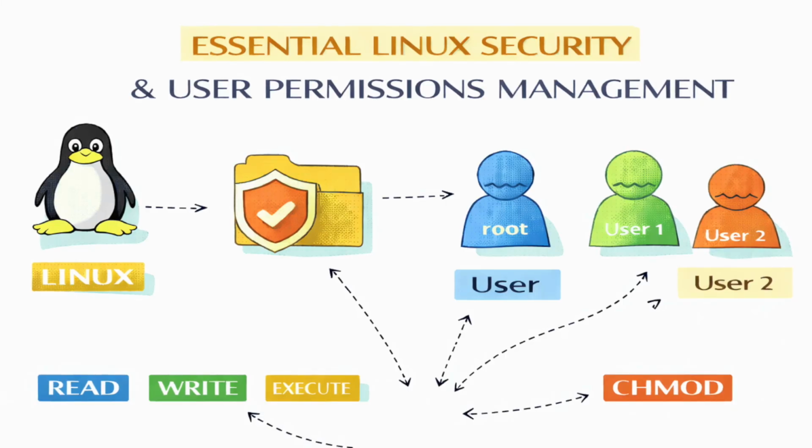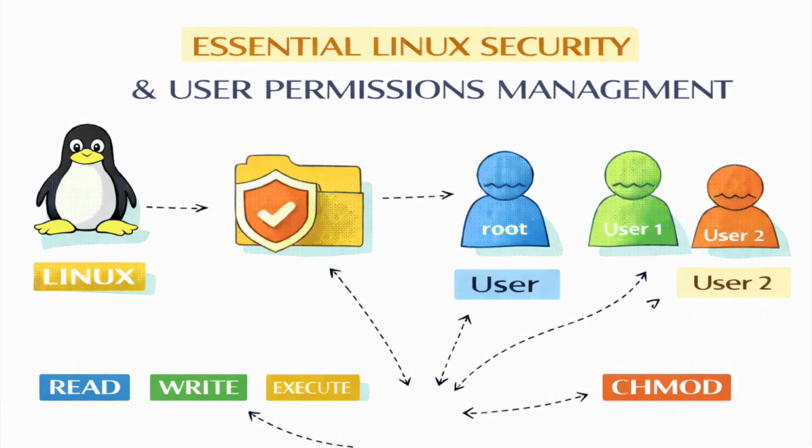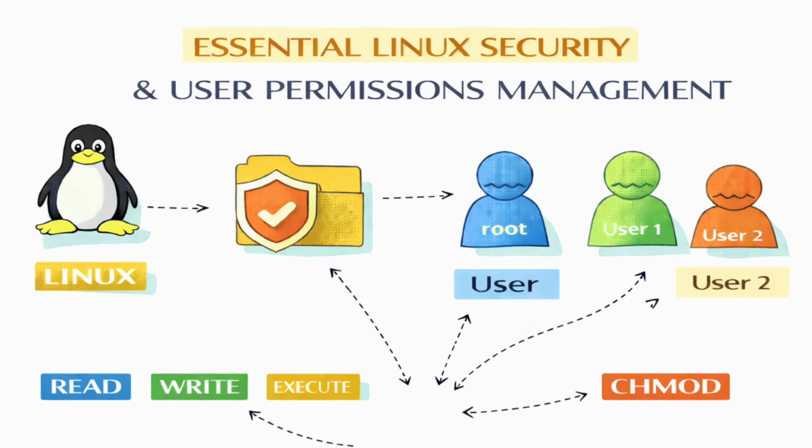So we've established who you are and what teams you're on. Now the big question is, what can those teams actually do? And that brings us directly to the traditional gatekeeper, the user-group-other model. UGO, combined with read, write, execute access types. This is the fundamental three-part permission system of Linux. So UGO and RWX. The system dictates access for the file owner, the permissions for the group that owns the file, and then the permissions for everyone else. The other category. And the system checks them in that specific order.